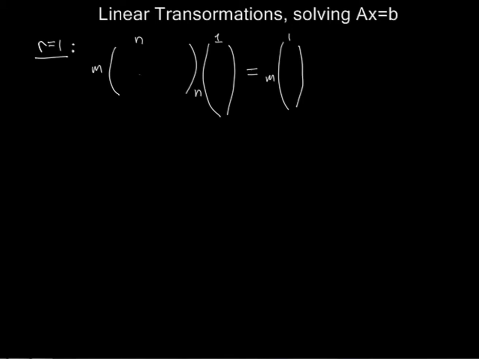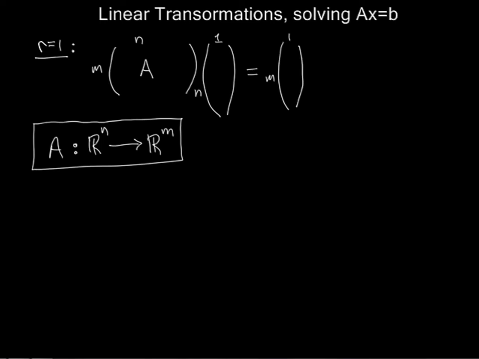In other words, this matrix A that we're talking about is really a function. It's a function from Rn to Rm. If you plug in an n vector, you get out an m vector. And this matrix, this function that we're getting here, is an example of a linear transformation. And I'm not going to talk much more about linear transformations at the moment. That's in section 1.6. They satisfy various properties, but for now we're just going to use these matrices